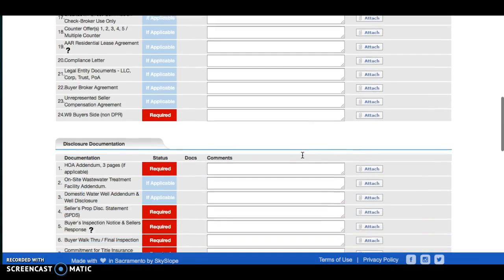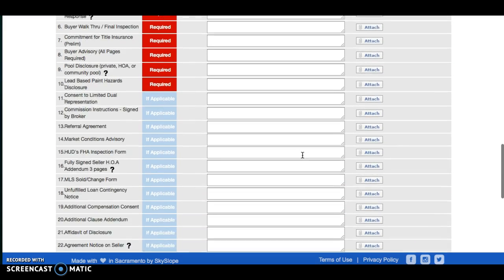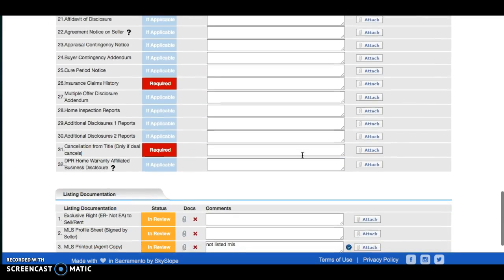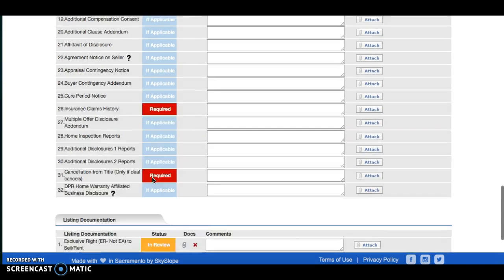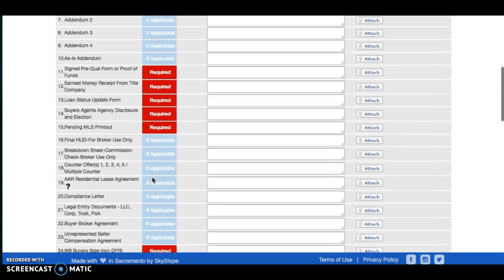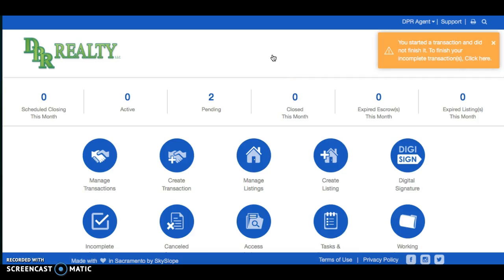As you can see, again, everything that is in red is required by your broker in order to close the file so that you can receive your commission at the end of the transaction. And at the very bottom, you can see here is your listing information. It's still waiting to be approved by the broker. So the next thing you would do would go in and upload any documents just like we did with the listing. For now, we're going to go back to the